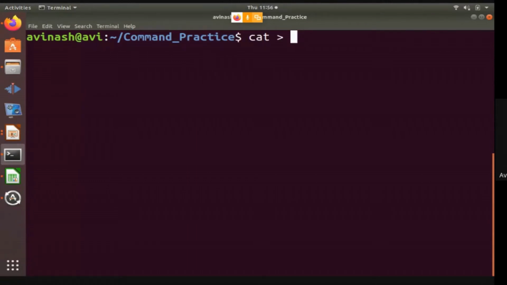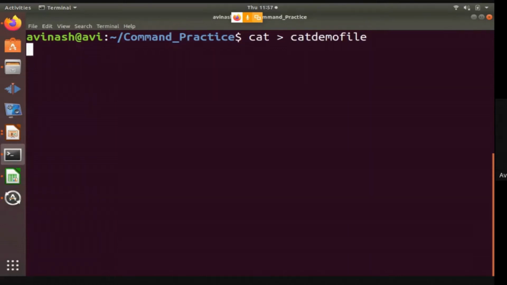So cat, and let us name this cat demo file. Now, whenever you use this command with a redirection operator, it will ask you to enter some text into the file.